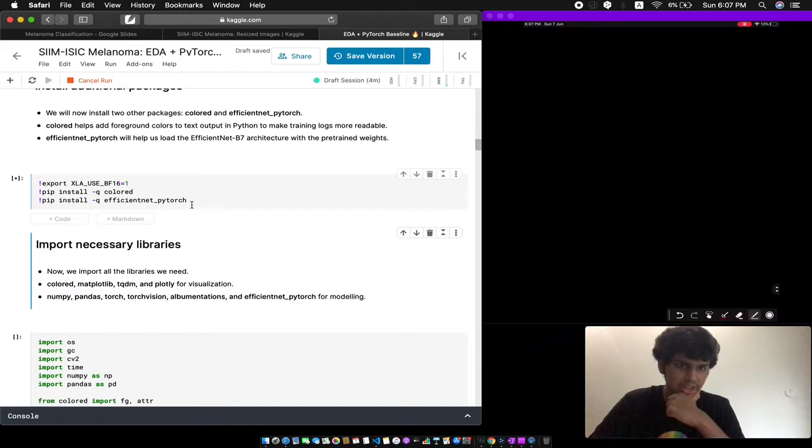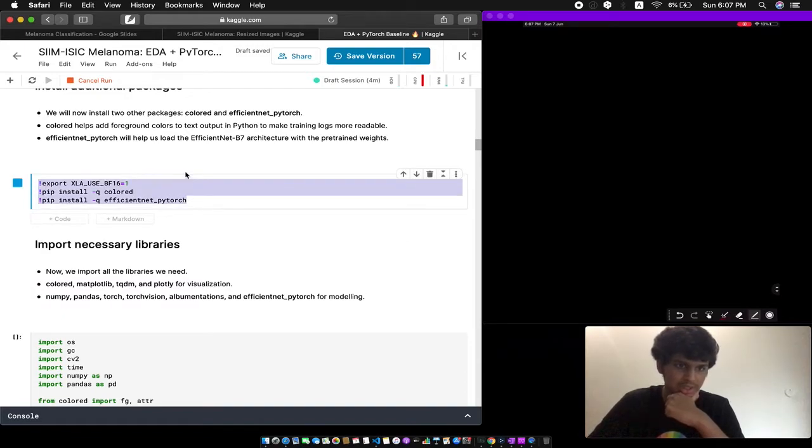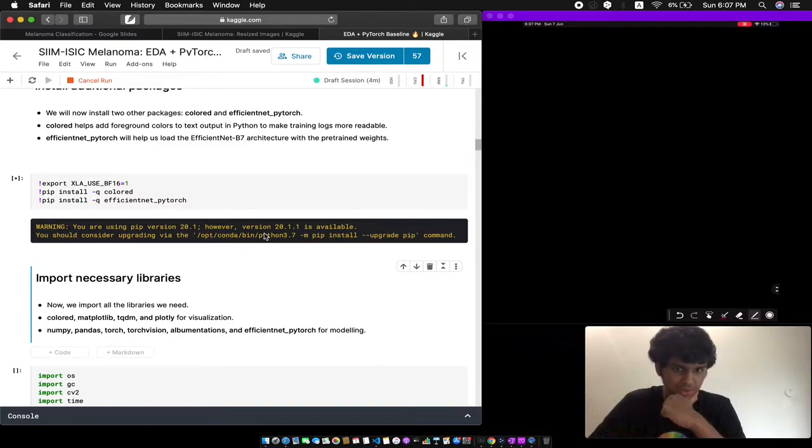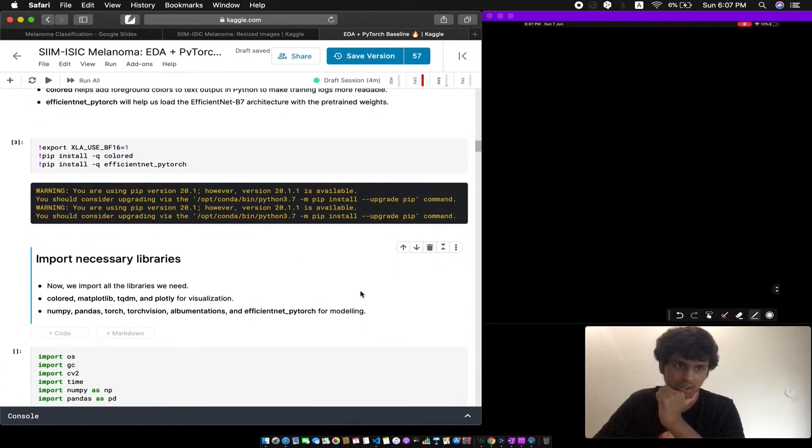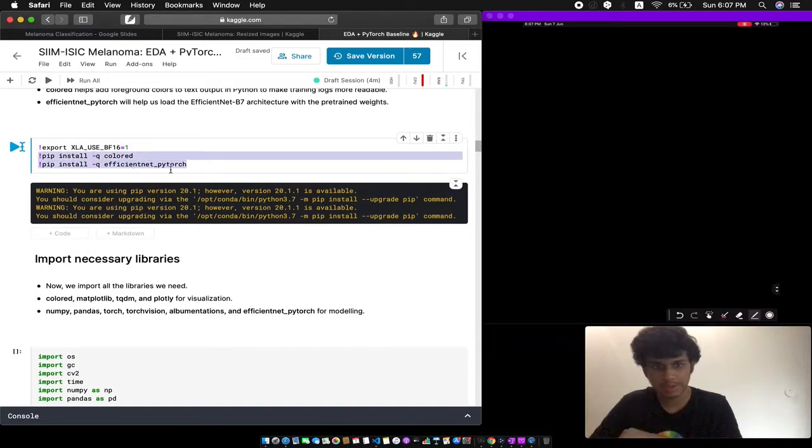It should take a few seconds because it's installing two libraries. More pip warnings. Okay, looks like it ran successfully. We've exported bfloat16 equals 1 and we've installed the two packages that we need.